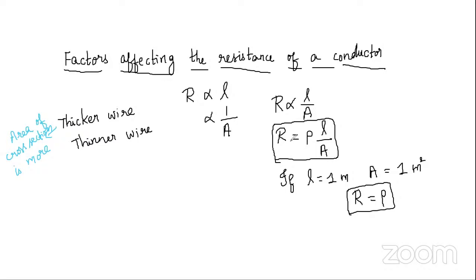Now, what is the need for introducing this rho in this equation? We have to remove the proportionality and put a constant here. As you can see, the resistance depends on these factors, the length and the area of cross section. Here, actually, the resistance is not constant even for a